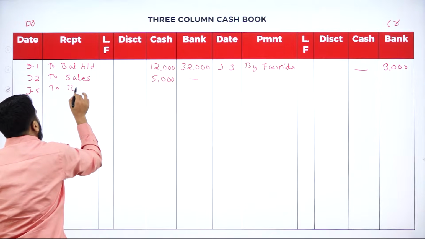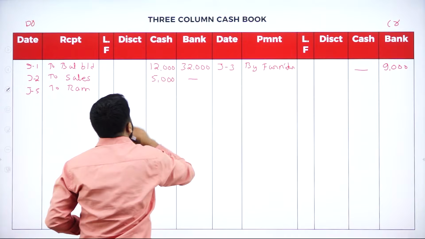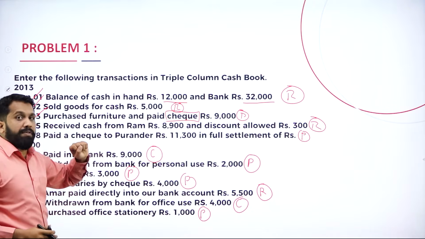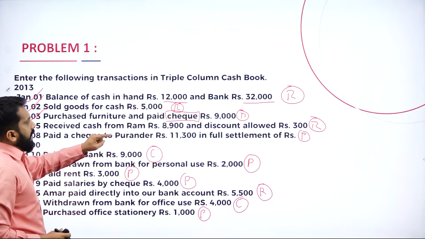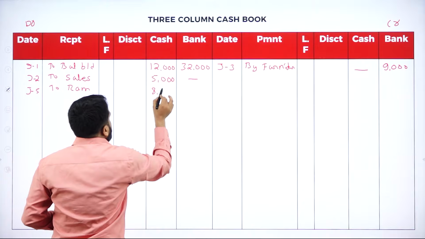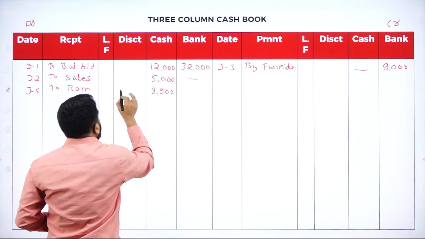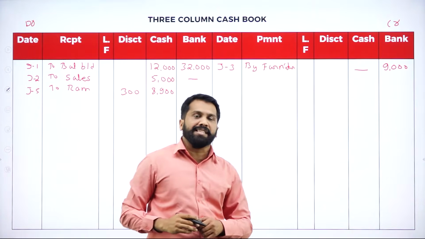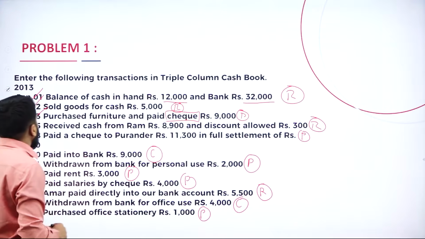To Ram, 8,900. So, received cash. So, it should be in which column? Cash column. And in the discount column, 300. Any doubt up to this? No. Next,